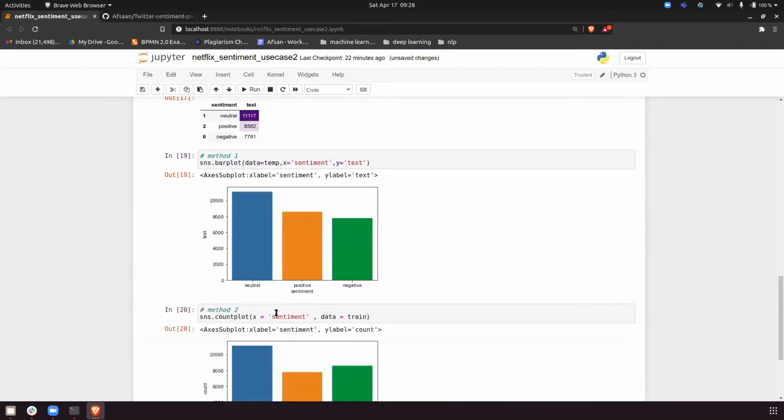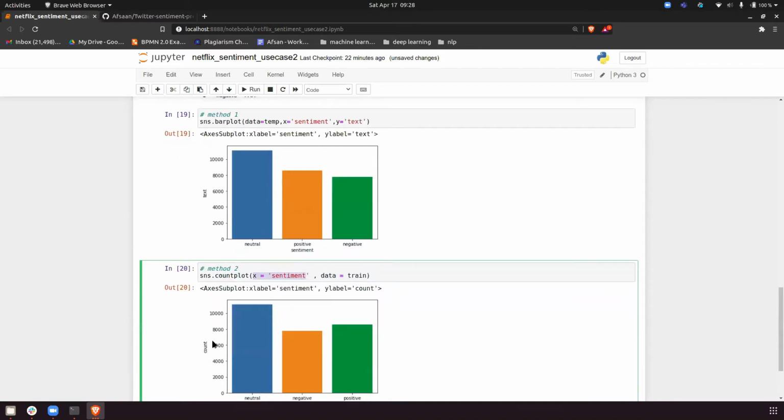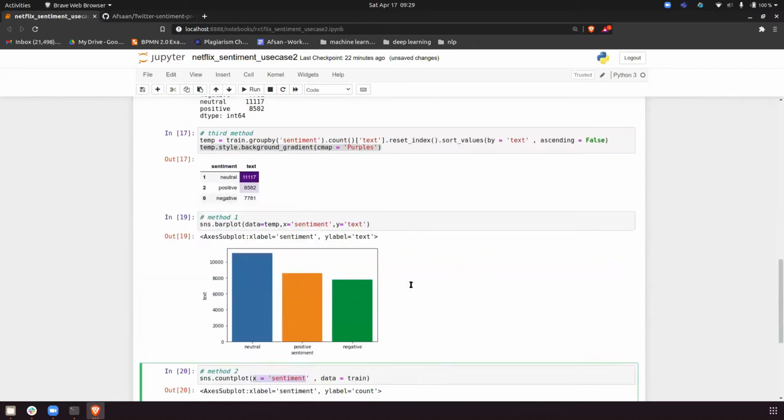If I run this, you get the same thing. In bar plot you have to pass x and y. In count plot you just pass one variable, x, that is sentiment, and automatically it will calculate the count and plot. So you don't have to take care of the y axis here. So this is method one and method two again.